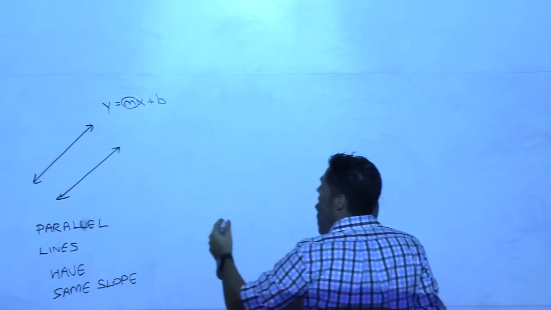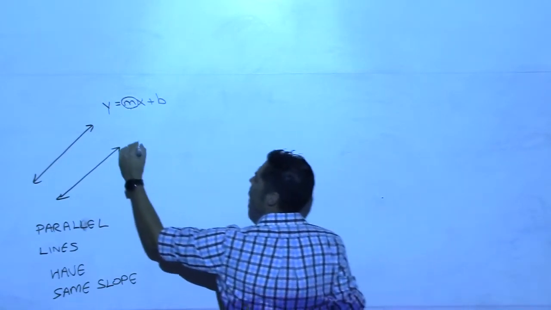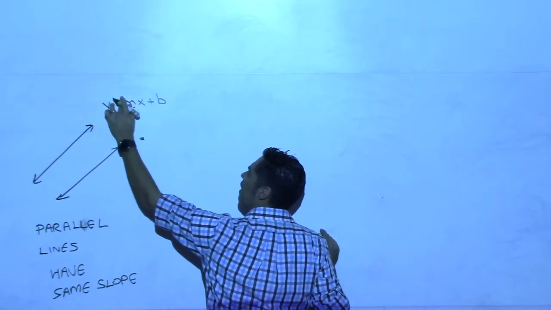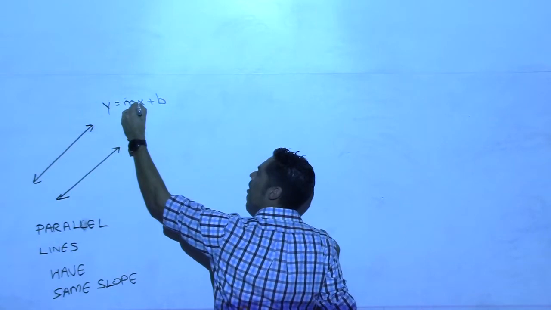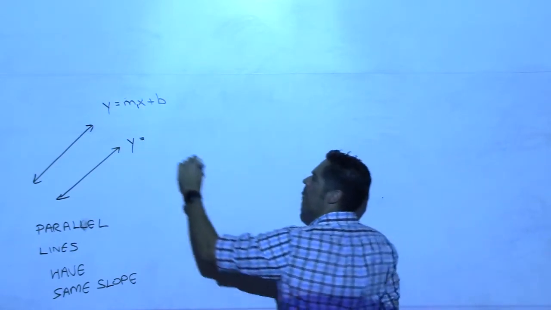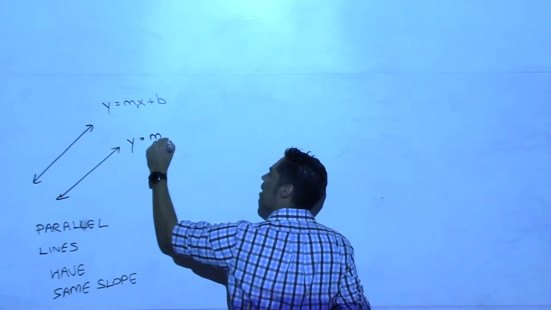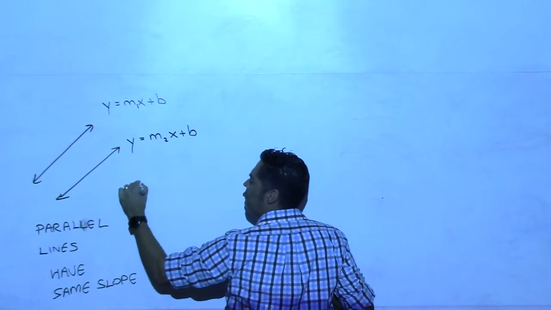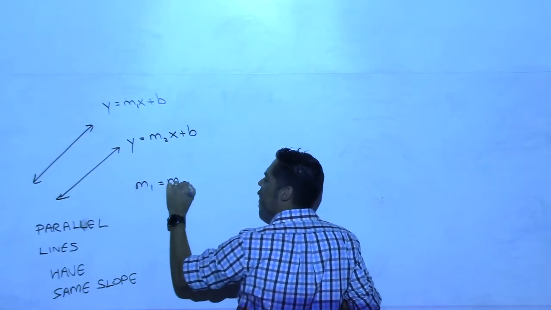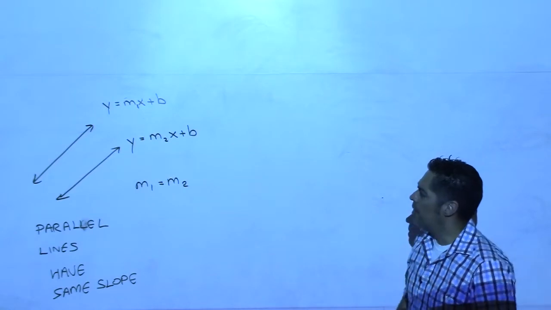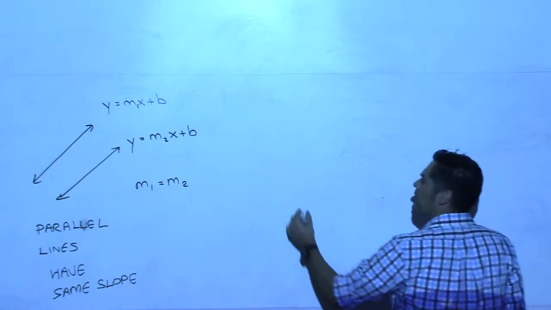Now to be perpendicular, let me show you. Let me do another line here. Let's call this one right here, instead of m, call it m sub 1. Is that okay? That means it's like the slope of the first line. Compare that to this one. This is the slope of the second line. So for these two to be parallel, those two slopes have to be the same. Make sense if I write it that way? Sure? Okay, so now perpendicular